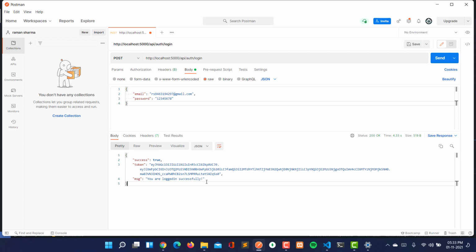Then there will be the token checking. We have to create a middleware, so that the middleware will check the token. Whenever we need that middleware somewhere, we have to restrict that route. So we will restrict the home route here. For that we need it, otherwise we don't need that also.